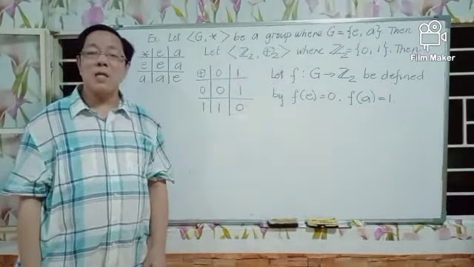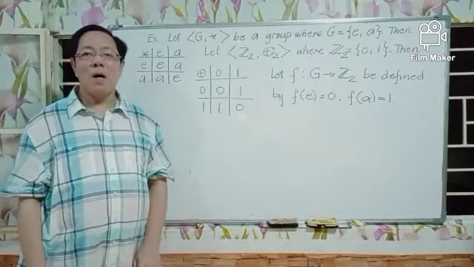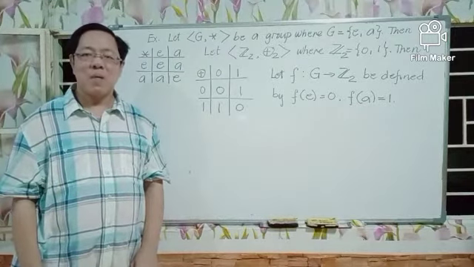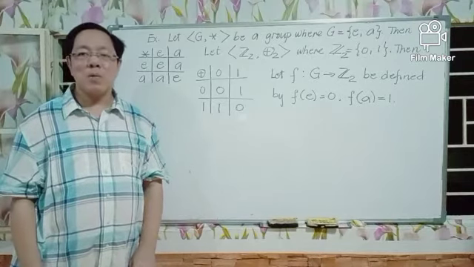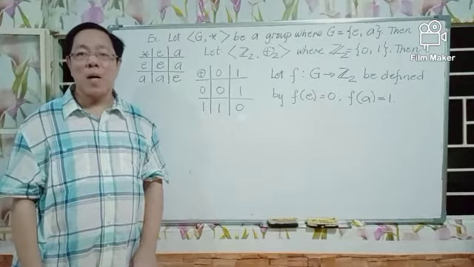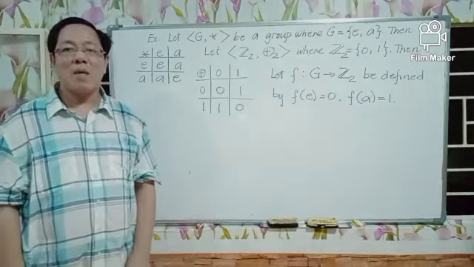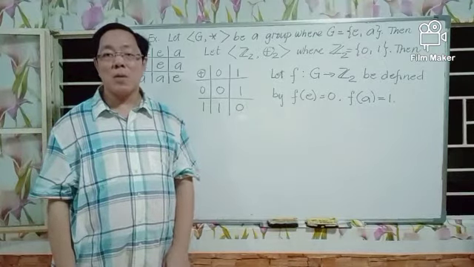there is a unique group of order 2 up to isomorphism. We cannot say that there is only one group. There is essentially only one group of order 2. You can only form one group with a non-empty set consisting of two elements, that is a unique group of order